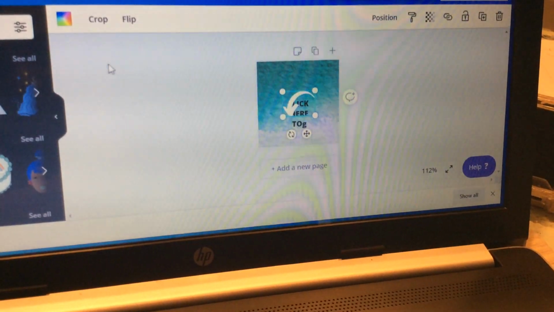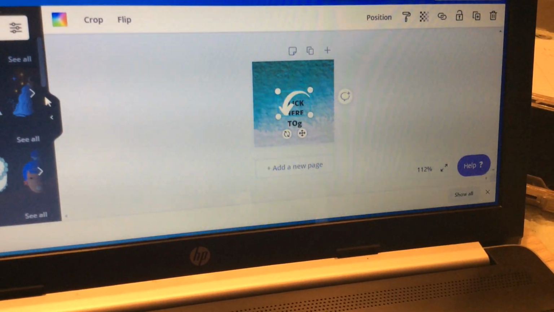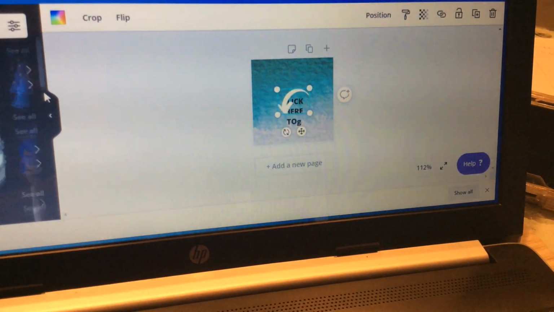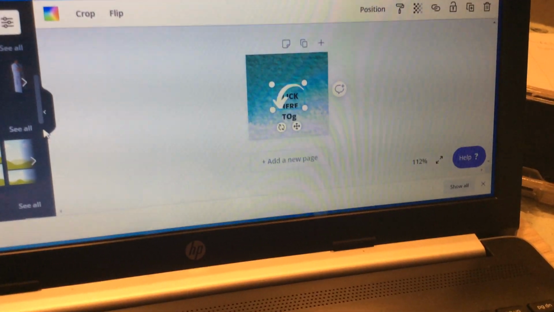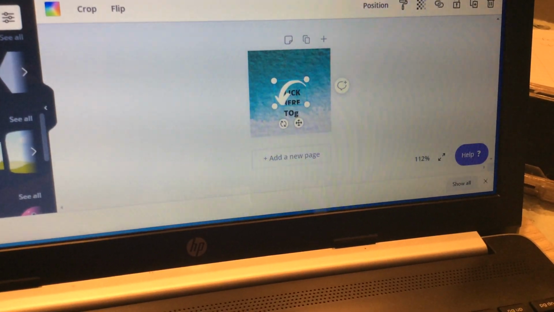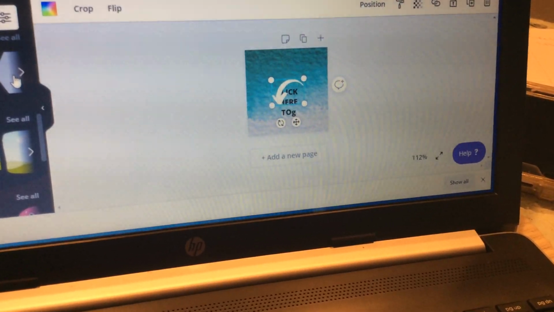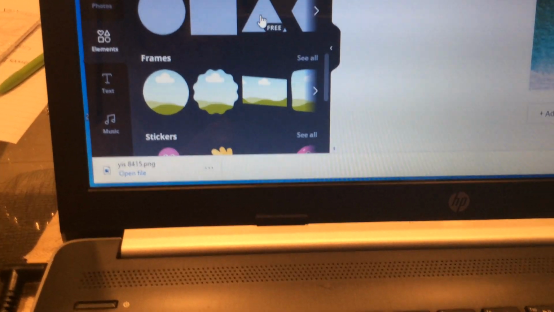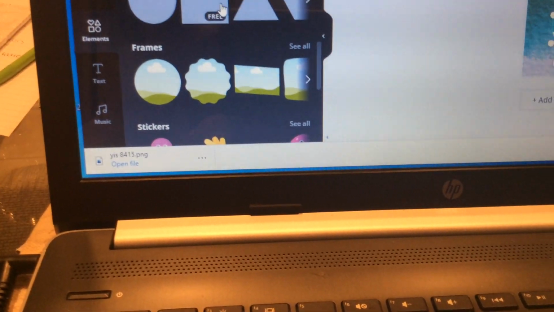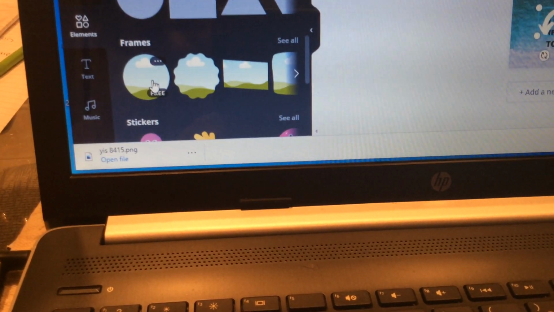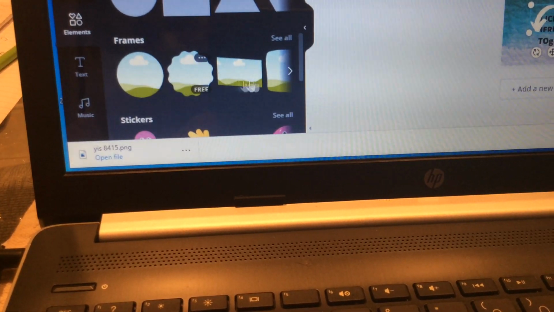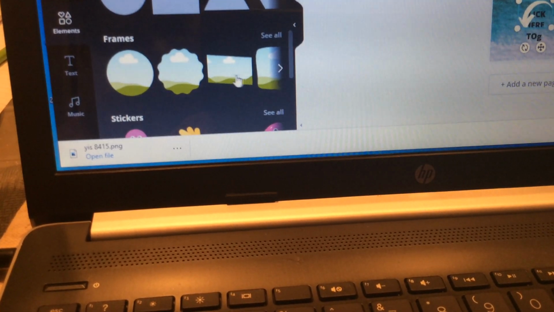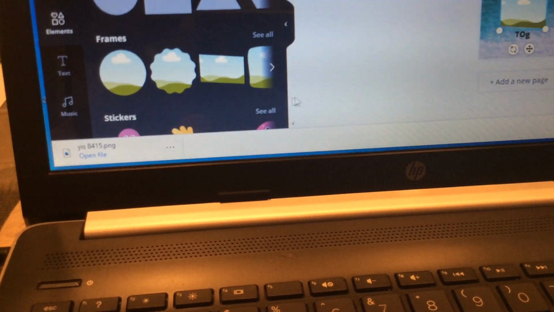Okay, let's change the color. Let's get, it says free. Wow, not free. Okay,